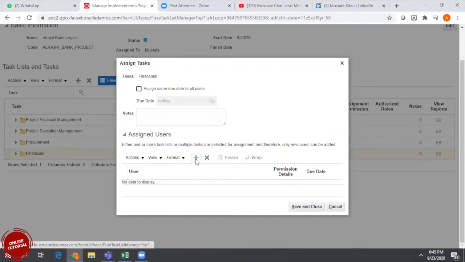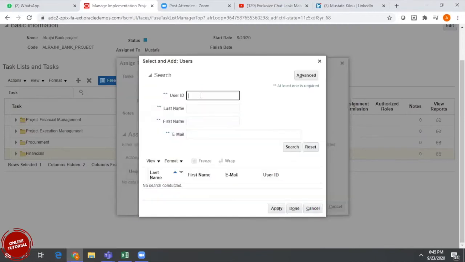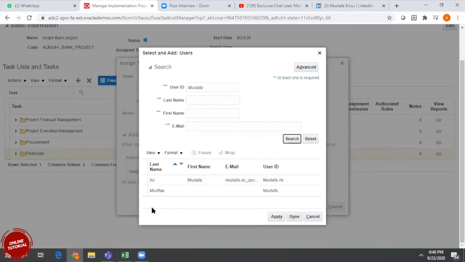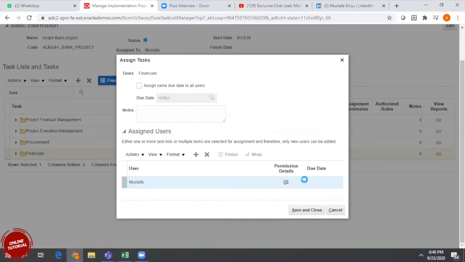So I select Mustafa, apply, and done. All these financial tasks will be assigned to Mustafa.